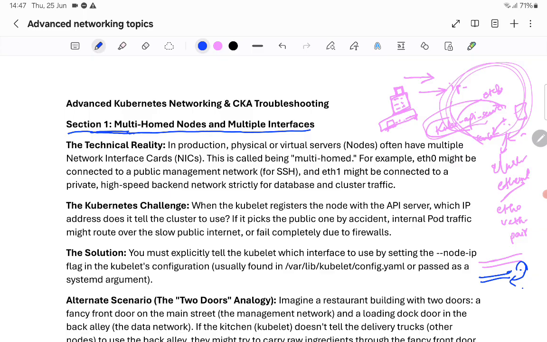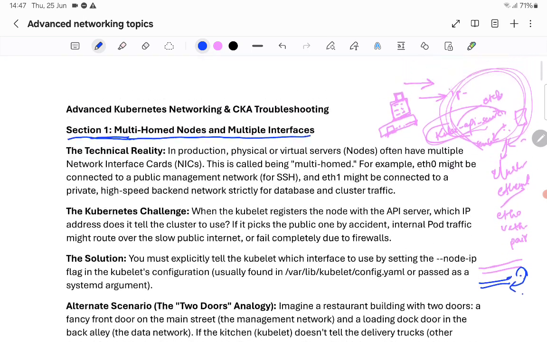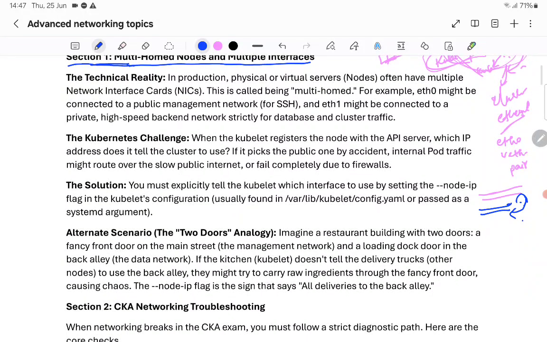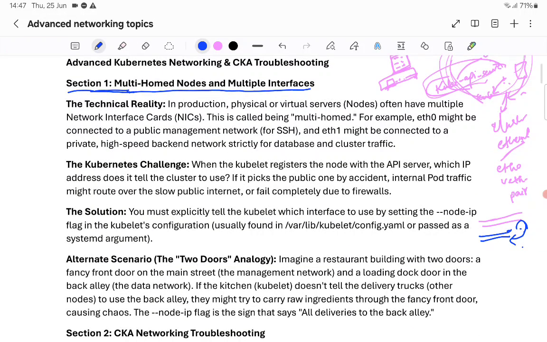So who will tell that this communication should happen through this particular channel? That is told by kubelet. Basically the kubelet is like a captain of a ship, right? So it will mention it in its file location called /var/lib/kubelet/config.yaml,